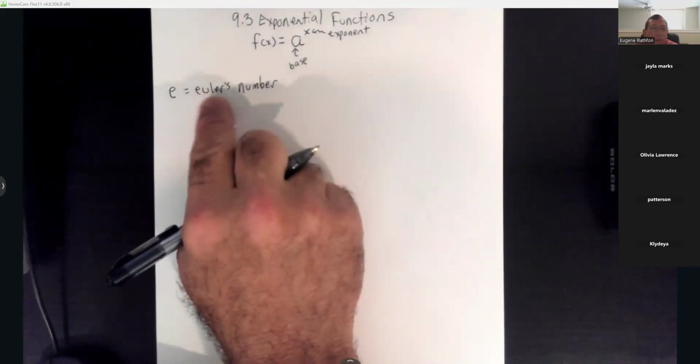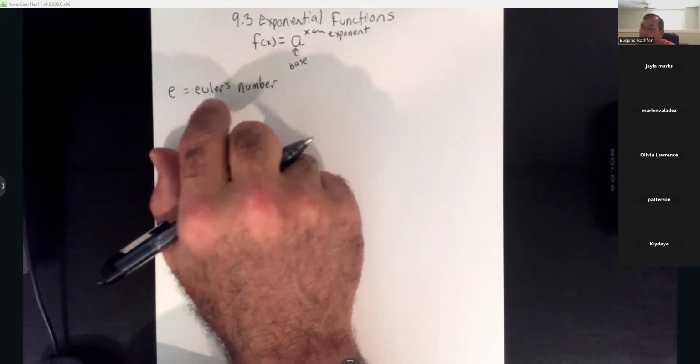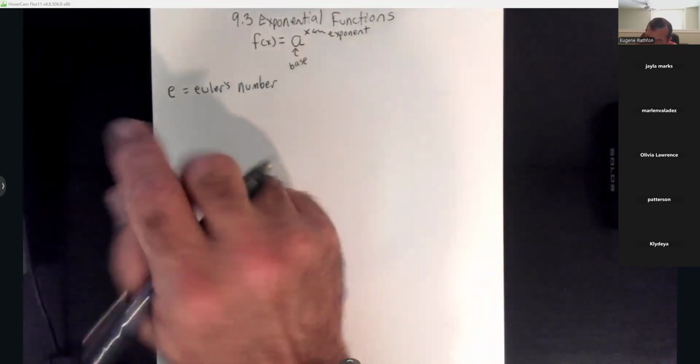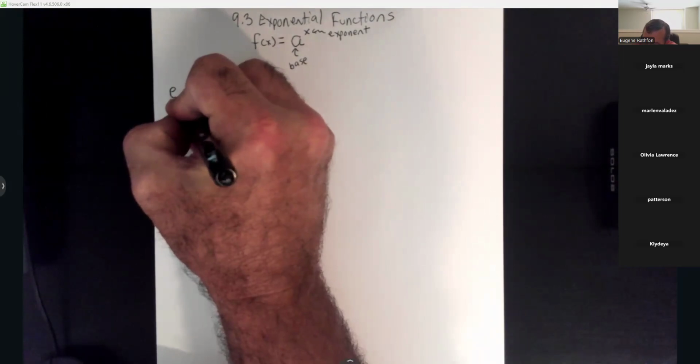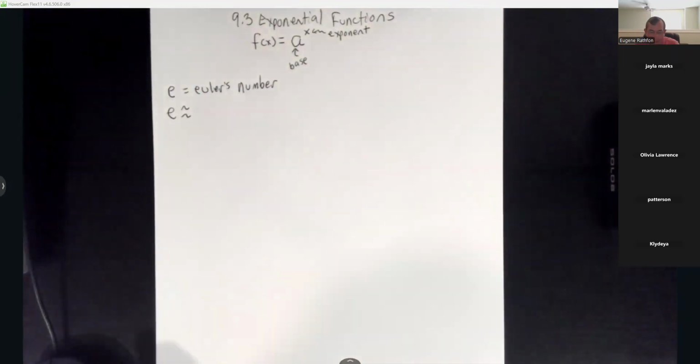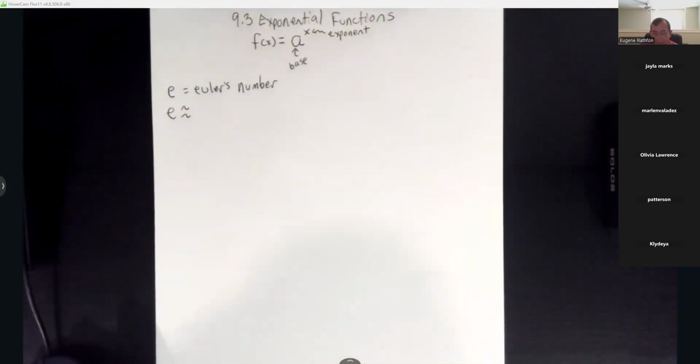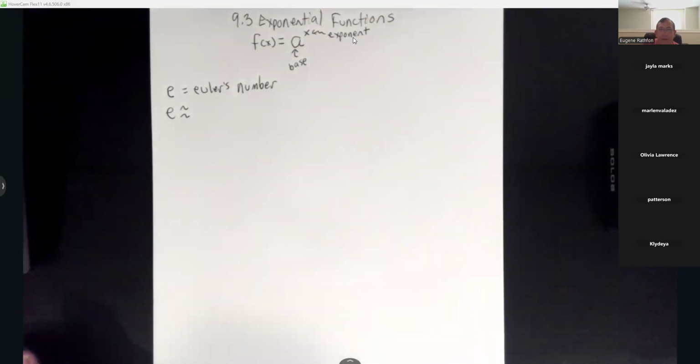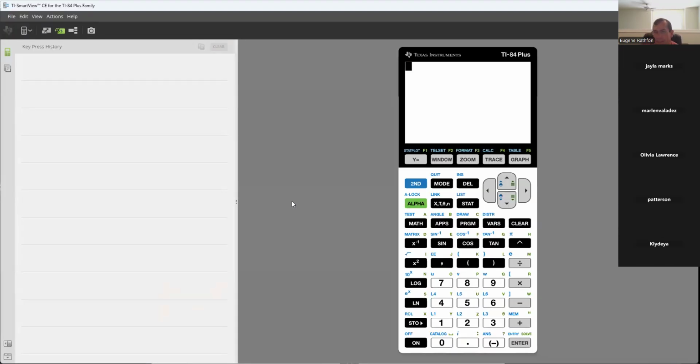So I'm not going to get into all that. We're just going to learn how to find it. So I'm going to show you how to find that on your calculator, okay? So let me share. So there's two places you can get the E. The first one, above the division over here, you see a blue E. So if you hit the second button and divide, it'll pull the E on the screen, and then you can